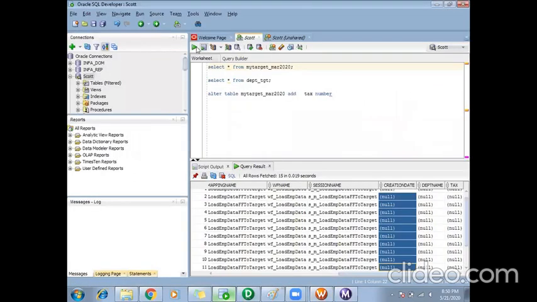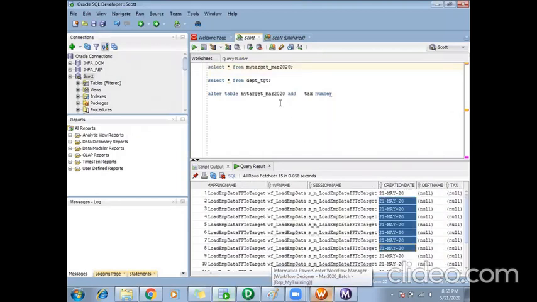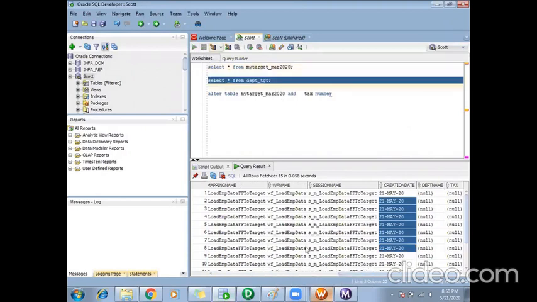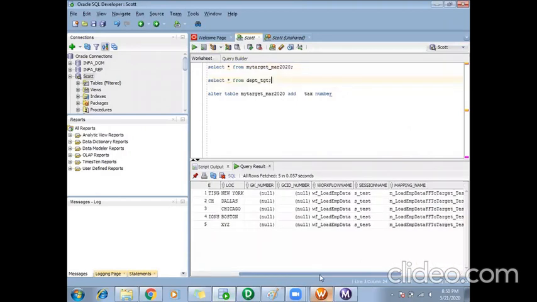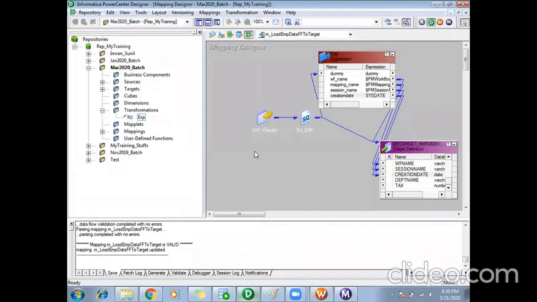If I go and check my target tables, now I have the creation date also loaded. So like this, if there is any logic which is repeatable and can be achieved using a single transformation, then I can make that transformation reusable.